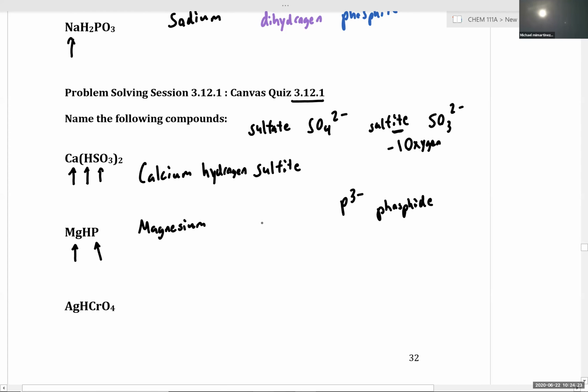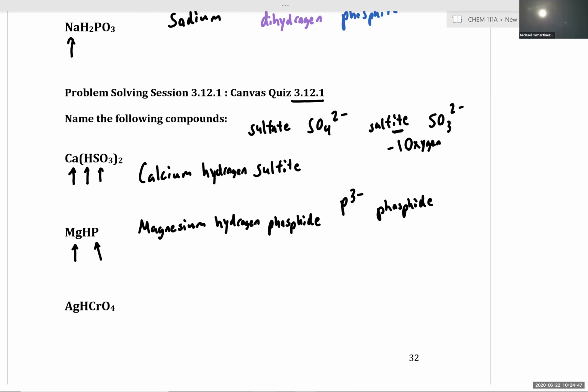So we write that out. The ide ending clearly indicates that it's an atomic ion. Since we have a single hydrogen atom, we write the prefix of hydrogen. Perfect. So hydrogen,